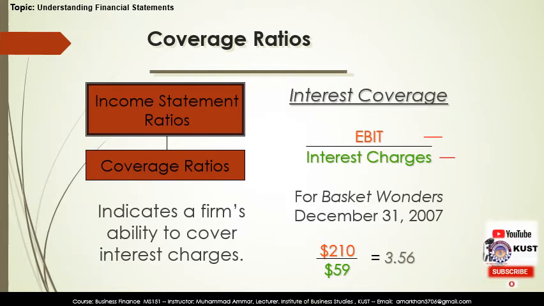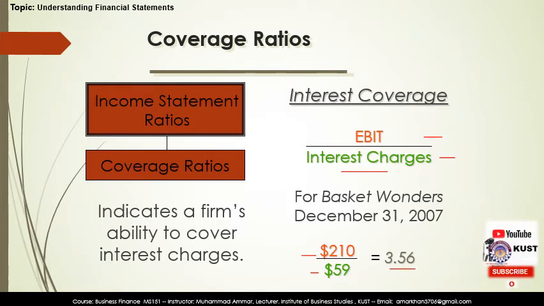So they took EBIT from the income statement of Basket Wonder for the year 2007. You can clearly see that the figure $210 shows the EBIT, divided by $59, which is your interest charges. So you get the answer, which is